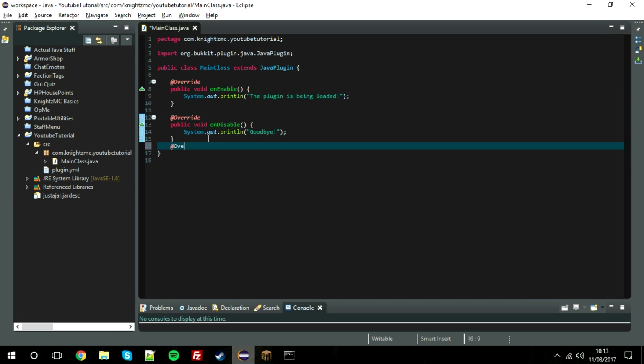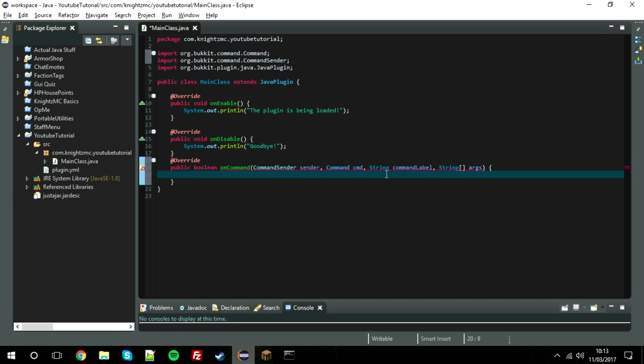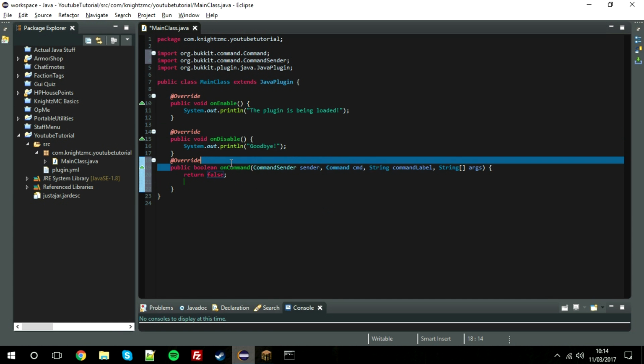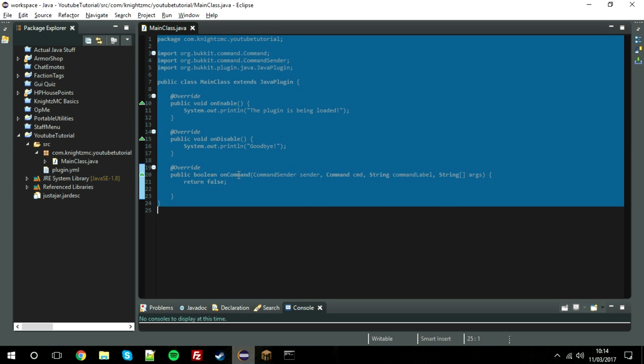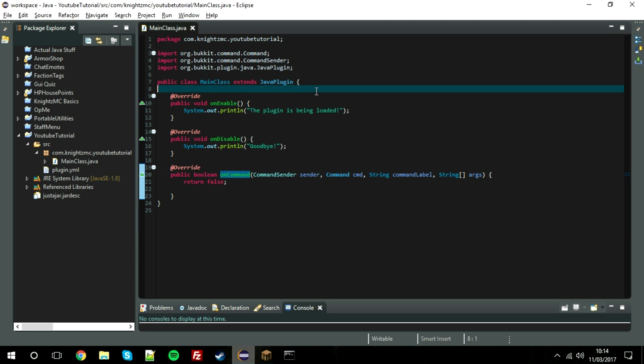So if we go override again, we don't technically need the override, but then we go. Yeah, this all looks quite intimidating, doesn't it? So basically, this I think. I'm still a bit unsure why it's a boolean, which can be either true or false. It's sort of like there's different types of variables. So you've got like int, byte, char, boolean, stuff like that, string, and